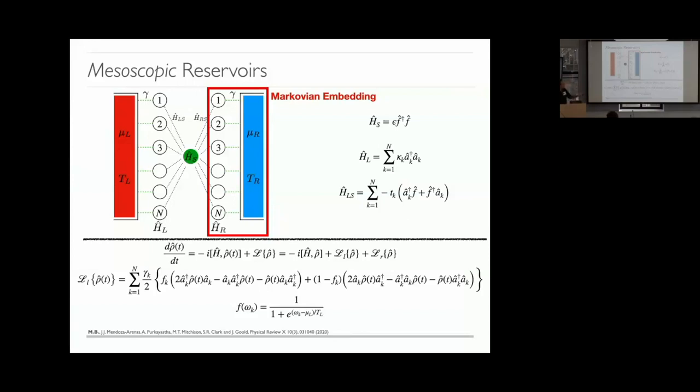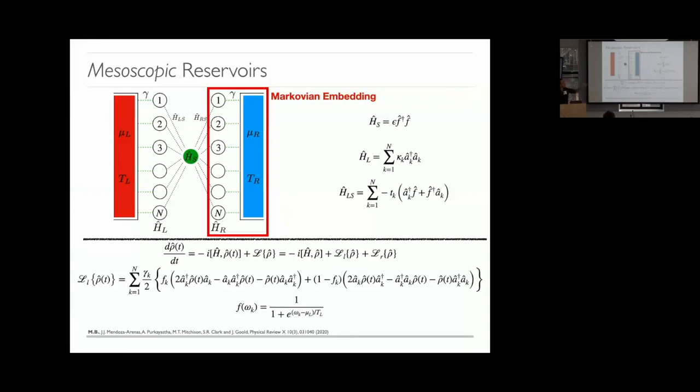Okay, then you get your master equation that describes the entire dynamics. What's the cost? The cost is that now you have to keep track of not only the degrees of freedom of your system, but also the degrees of freedom of the modes that you employ here to model your reservoir. Okay? This is an old idea, by the way. This is not my idea. This came back from the 90s. The only difference is that we put it in a formal setting, in a mathematical way.